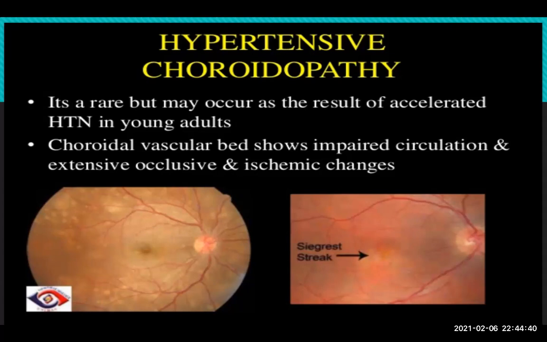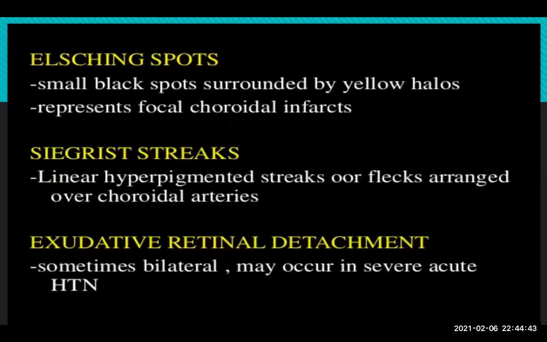You will find that there is something behind the retina, at the level of the choroid. There are also Elschnig spots, small black spots surrounded by yellow halos. They represent focal choroidal infarcts, like that of the cotton wool spots. Then the Siegrist streaks, or Siegrist streaks as in some pronunciations, are linear hyperpigmented streaks or flecks arranged over choroidal arteries. So the changes in the choroidopathy may be Elschnig spots, Siegrist streaks,